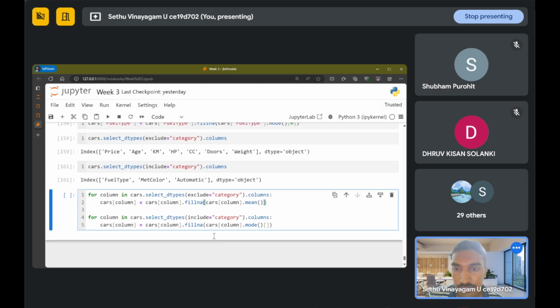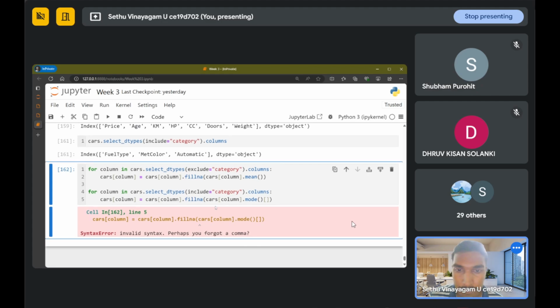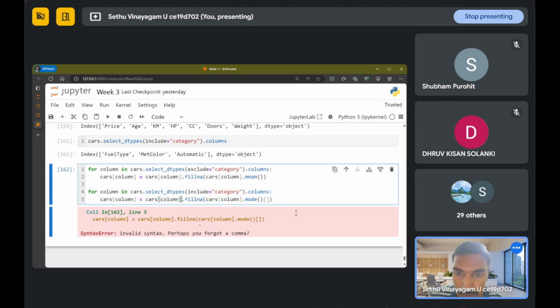And similarly for the categorical data types, I can use the mode, right? Instead of mean, I'm using the mode. I'm using the same fillna function to replace those. So if I execute this,